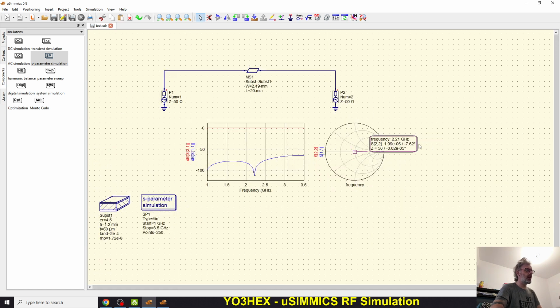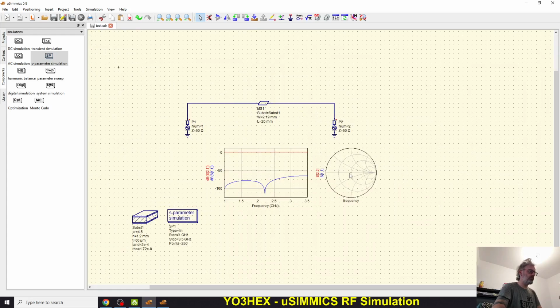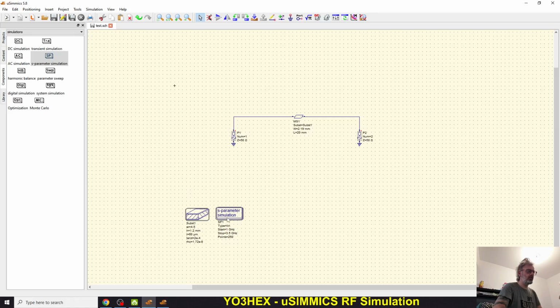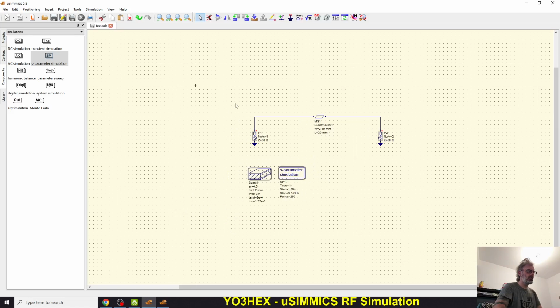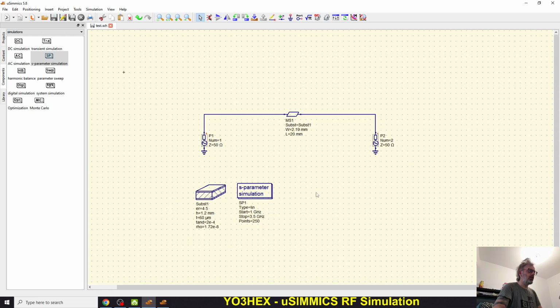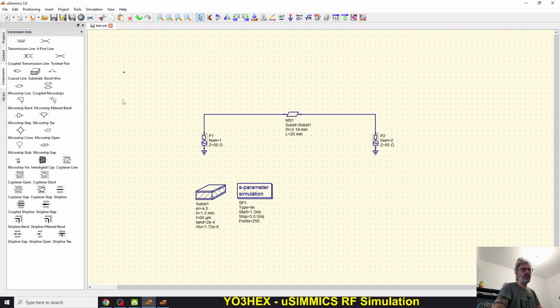Now, that was not that impressive, right? So if we are going to delete those, because in the end it's easier to have a clear screen. Okay. So the easiest thing to do with a microstrip is to have a notch filter. Okay. So if we are going to go again to the transmission line, we are going to say, okay,